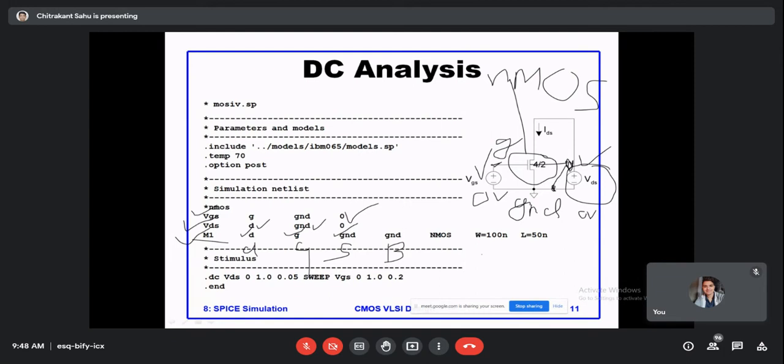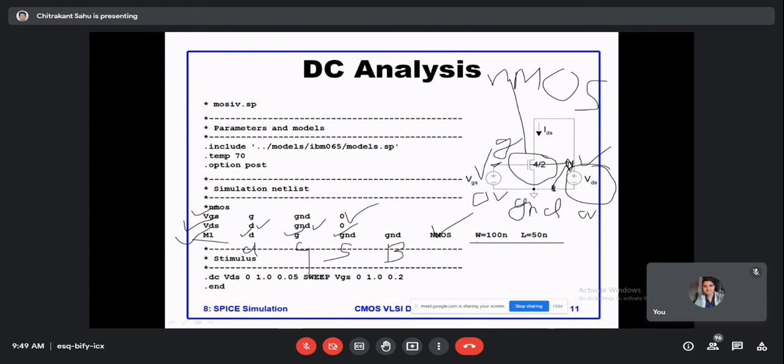In this sequence you connect, and then you define which kind of MOS it is, NMOS or PMOS. So the name is required, NMOS, and also the size: the length and the width of the NMOS. That is very, very important, because this defines the technology, and length and width are not constant for every MOSFET. Remember this. This makes a complete circuit description for the DC analysis, experiment 1.